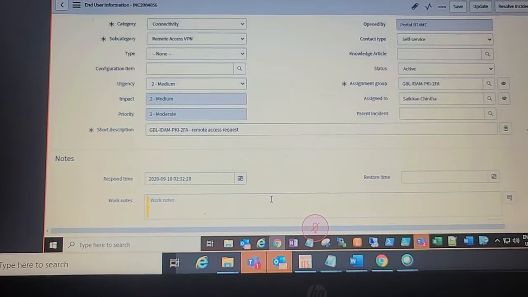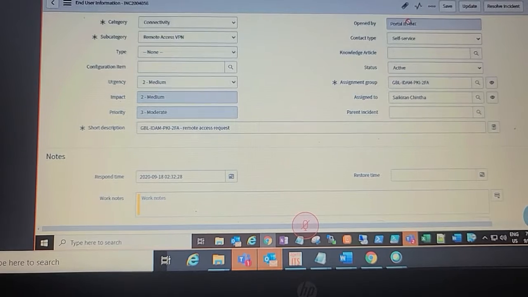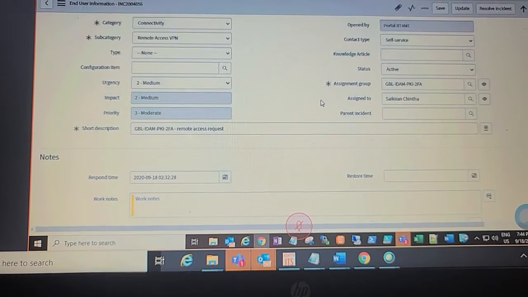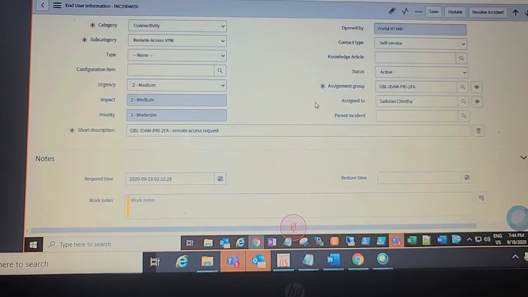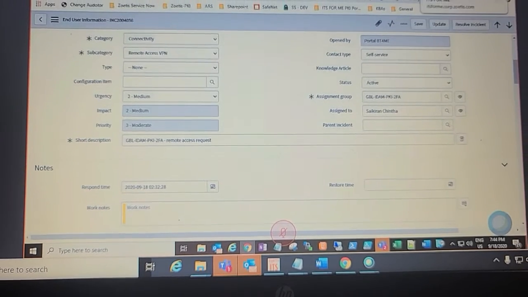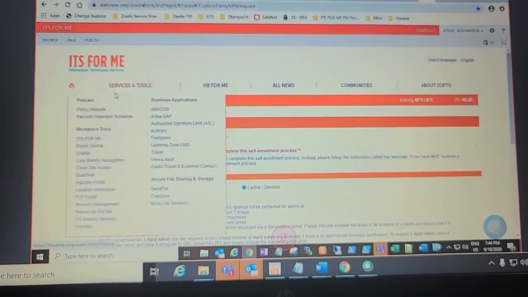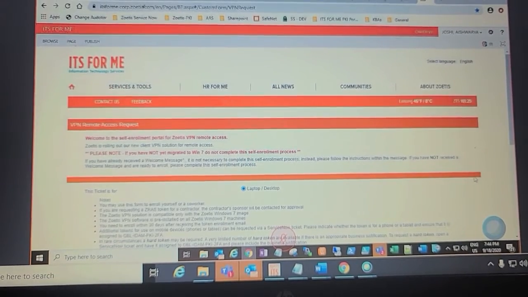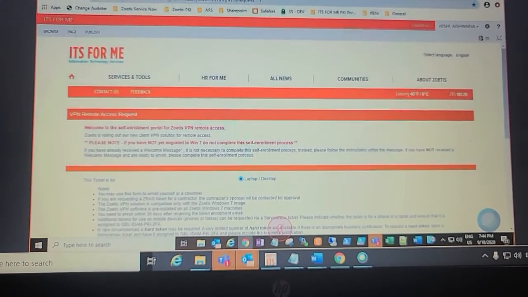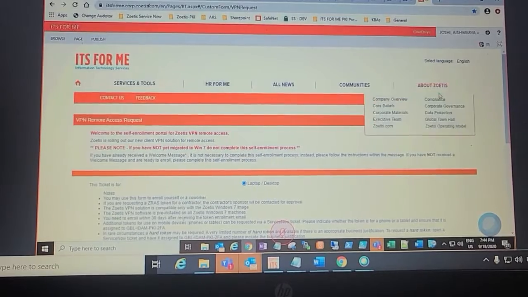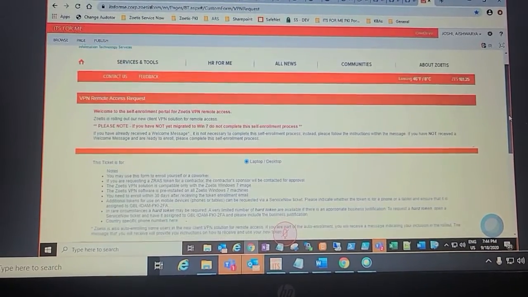This came from the portal. That's why it has the same short description. You can raise a normal incident like a ServiceNow incident anyway, but other users will not have access to ServiceNow, so they will come to the It's For Me portal. This is the link to raise a request for two-factor authentication for the tokens.